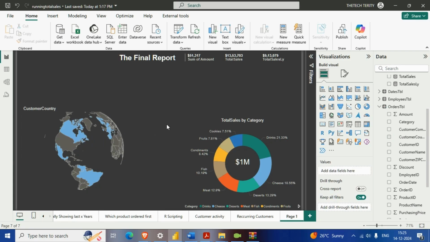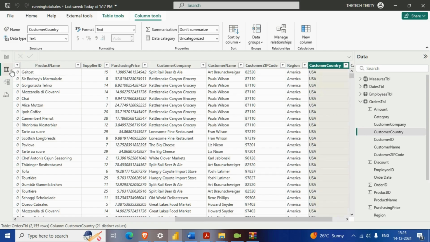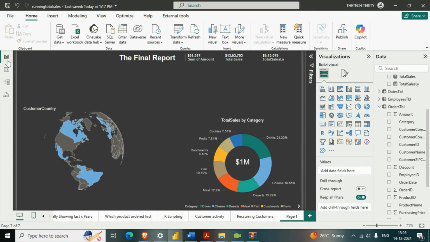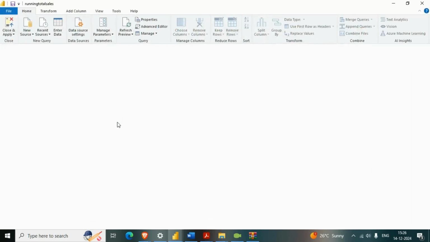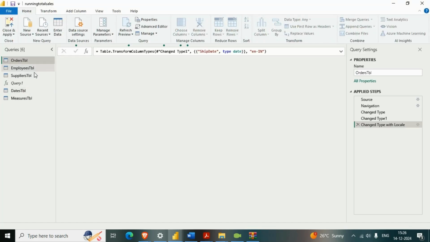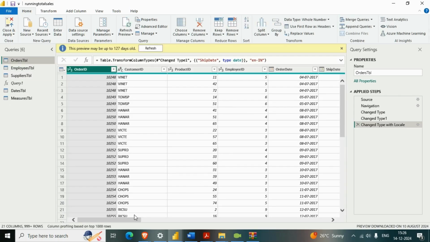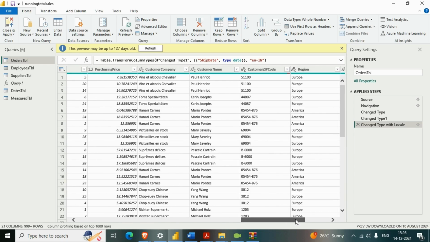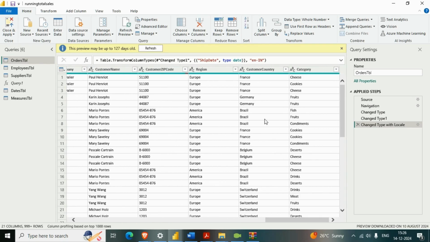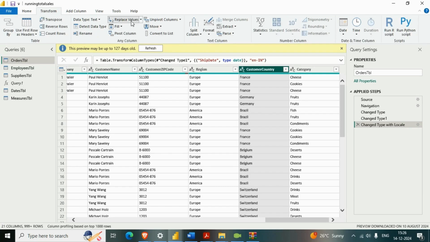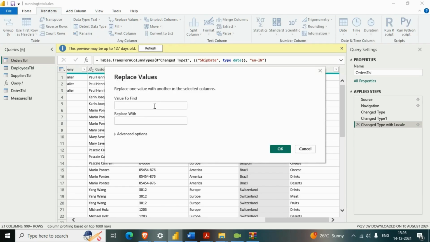So what I'll do, I'll go to table view, and you can see we have the customer country name as USA here. We need to change this to United States of America. So I'll go to report view again, and I'll go to transform data. Where we have this customer country column, I'll select it, and I'll say transform, replace values, and I'll search USA and replace with